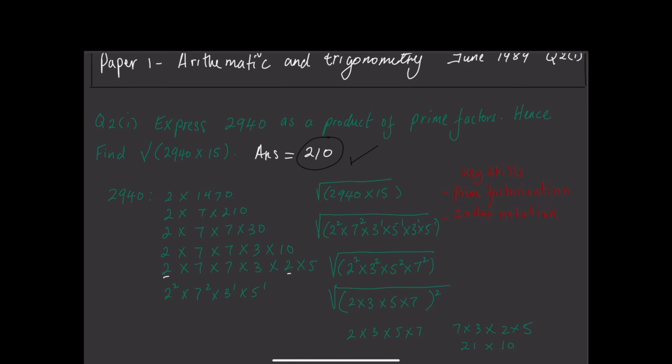You don't have to use a calculator. Back in the day, before they had calculators, you would have to do a question like this. This is a non-calculator question that GCSE students aged 16 had to do, and it's a skill that's been lost because you can use prime factorization to do lots of different things like division,